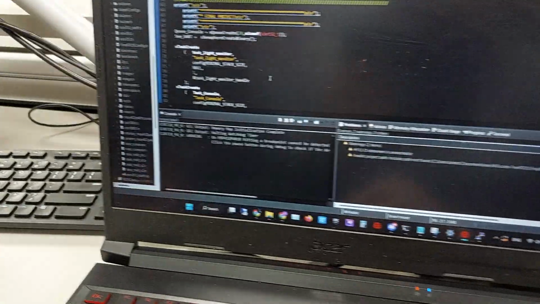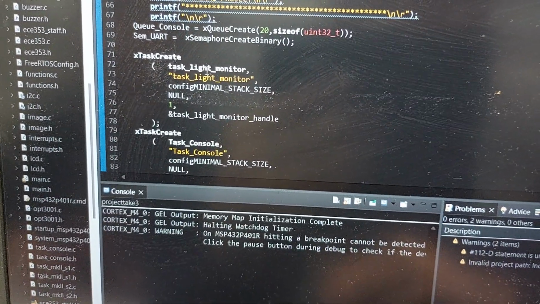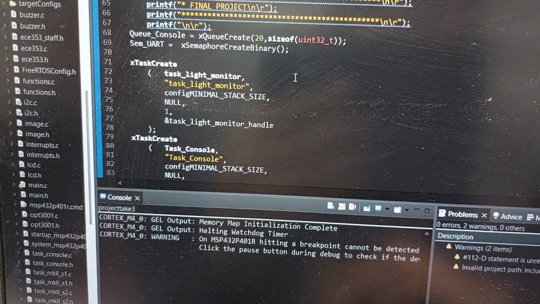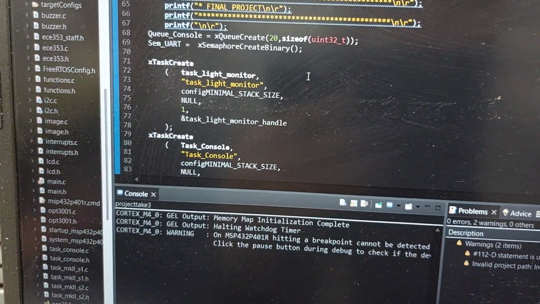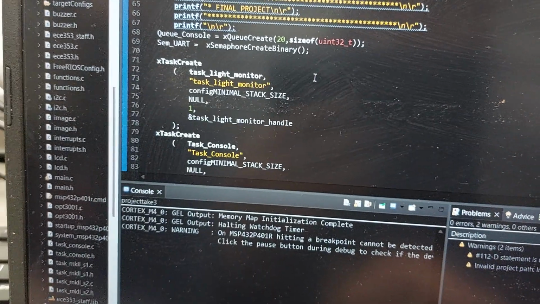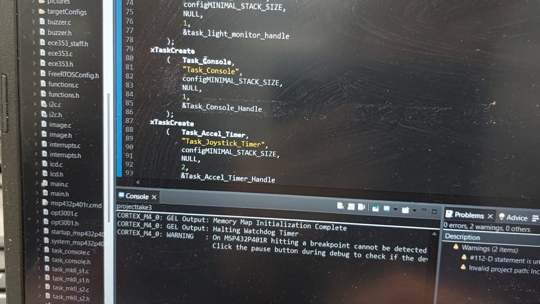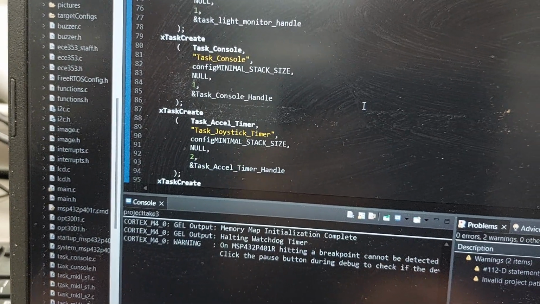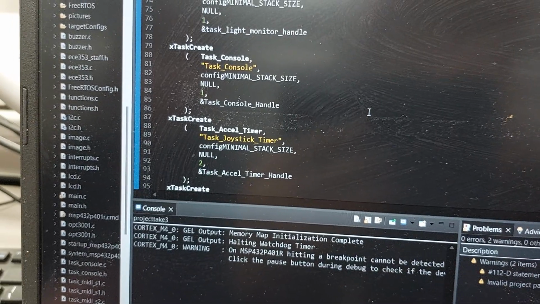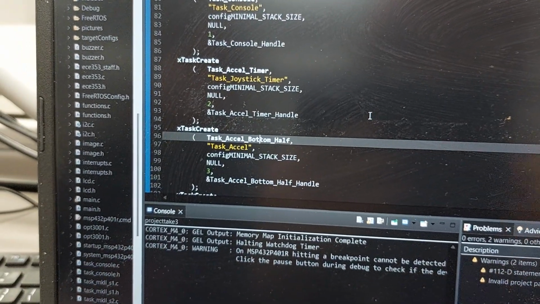And then for our FreeRTOS tasks, we have this task light monitor. That is the task responsible for polling the light sensor and getting the lux values. That's what determines whether the sloth is sleeping or not. Task console keeps the queue. And then for the task accelerometer and task create, essentially,